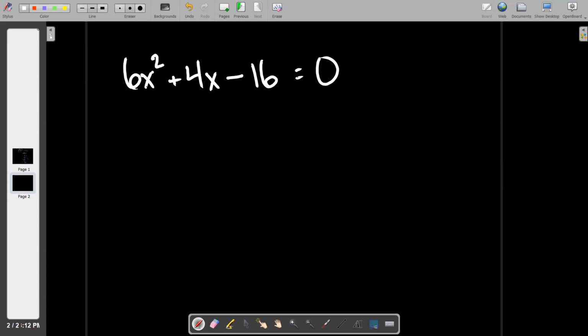Okay, so what's A in this problem? A is 6. What's B? And what is C? Nice. Let's get to it. I don't expect you to have memorized the quadratic formula yet, but here we go. X equals, what's the first thing we're going to put? Negative B, or opposite B. And in this case, what is the opposite of B? -4. So just like last time, we're starting out with a -4,